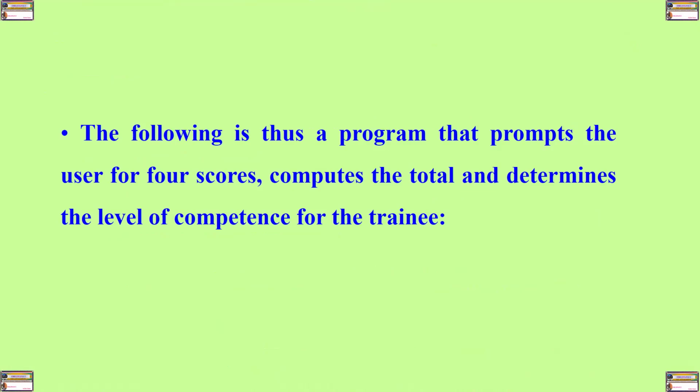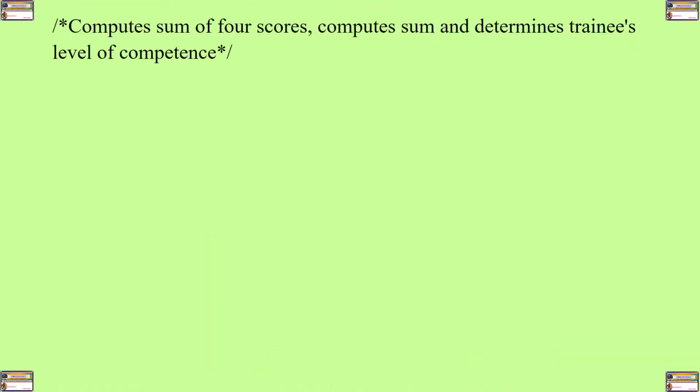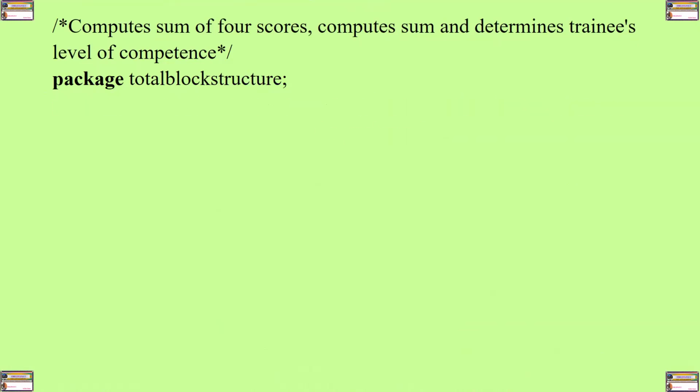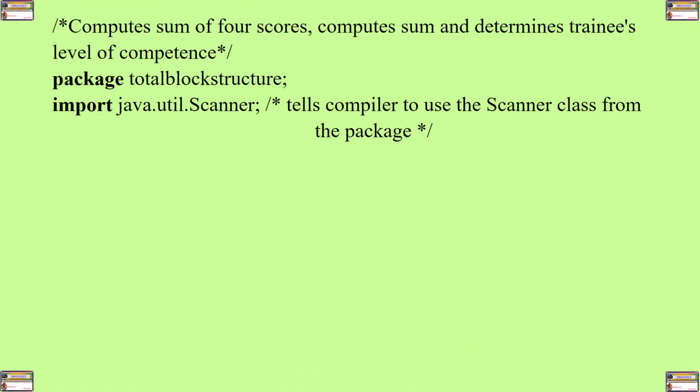And therefore, the following is a program that prompts the user for 4 scores, computes the total, and determines the level of competence for the trainee. So this is a sample program. The comment is that this program computes the sum of 4 scores and determines the trainee's level of competence. The name of the package is total block structure. And then we have the statement which tells the compiler to use the scanner class from the package. It is import